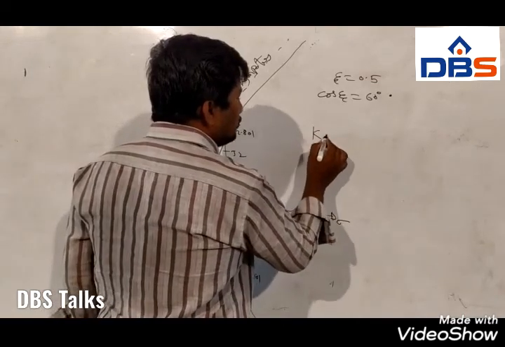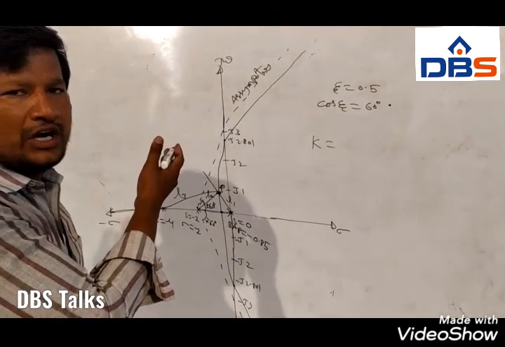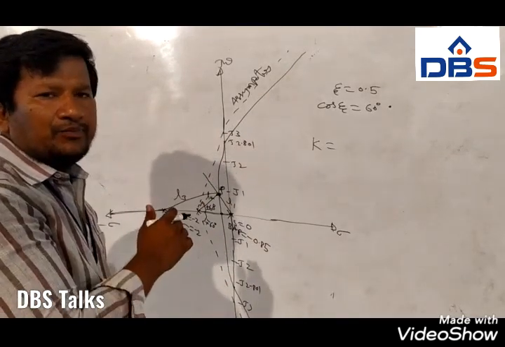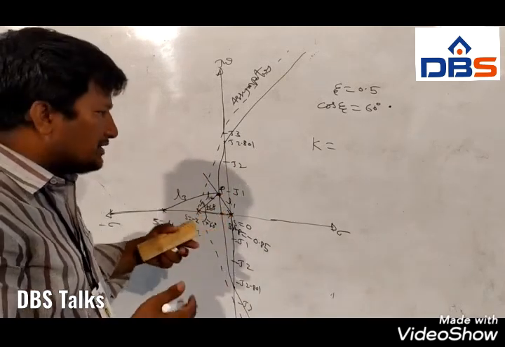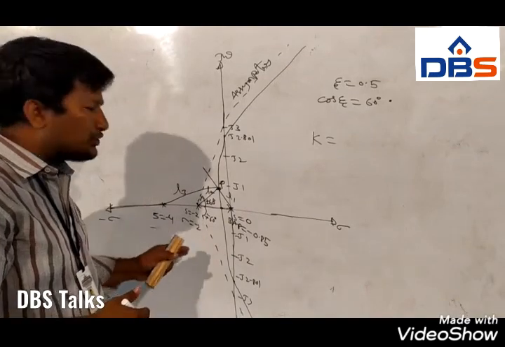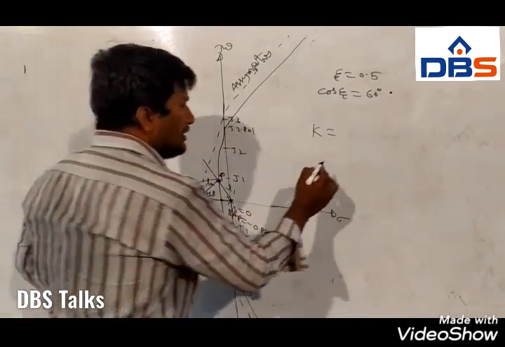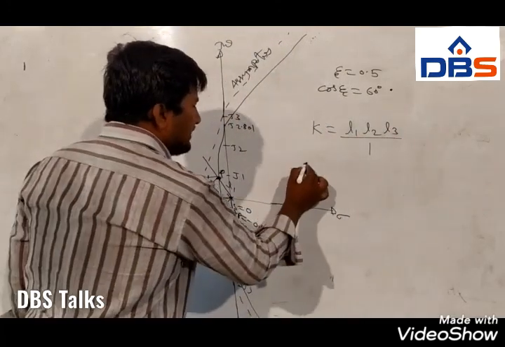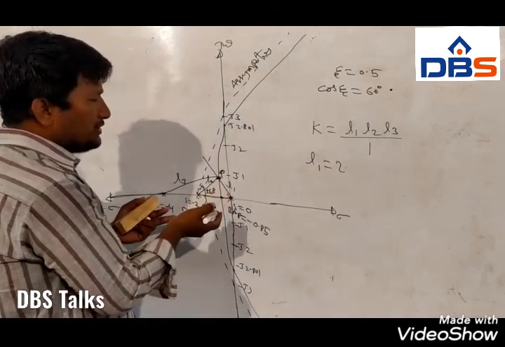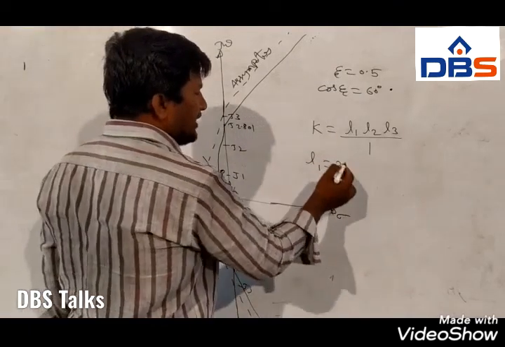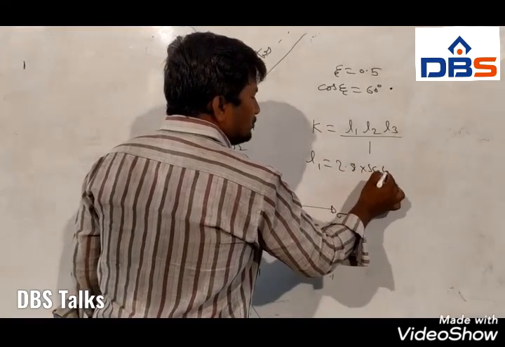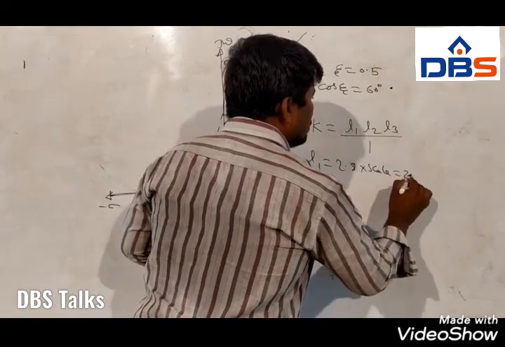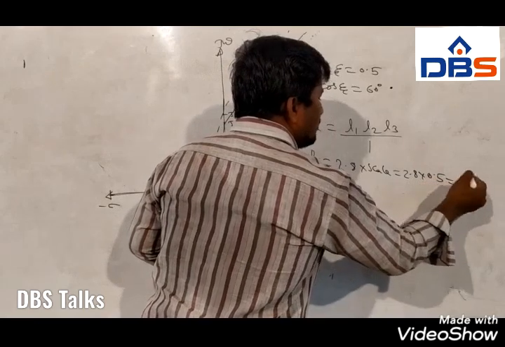So now K equal to, the last rule, the ninth rule of the root locus diagram. K equals the product of vector lengths from all poles to the point P, divided by the product of vector lengths from all zeros to the point P. There are no zeros. That's why the denominator is 1, and the numerator is L1, L2, L3. Now calculate L1. Suppose graphically it is 2.8 or something, taking a scale value. Your original scale value, suppose I am taking 0.5. So 2.8 into 0.5.